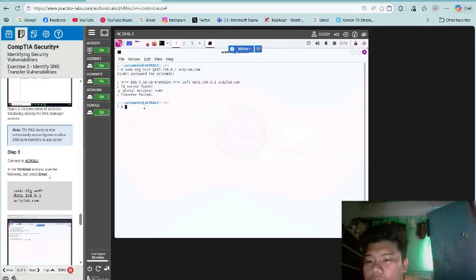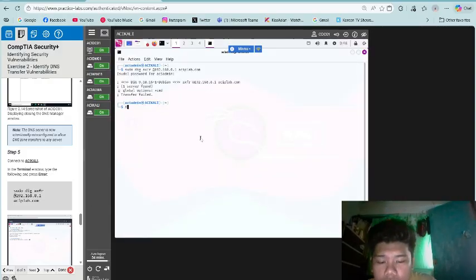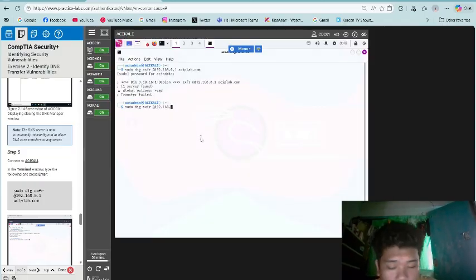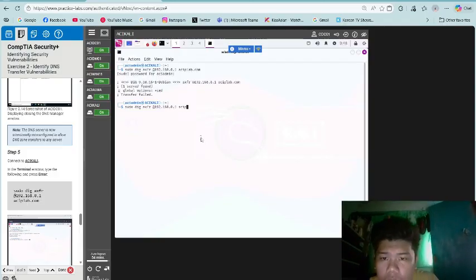In the terminal window, type the following and press enter: sudo dig axfr @192.168.0.1 aciplab.com.